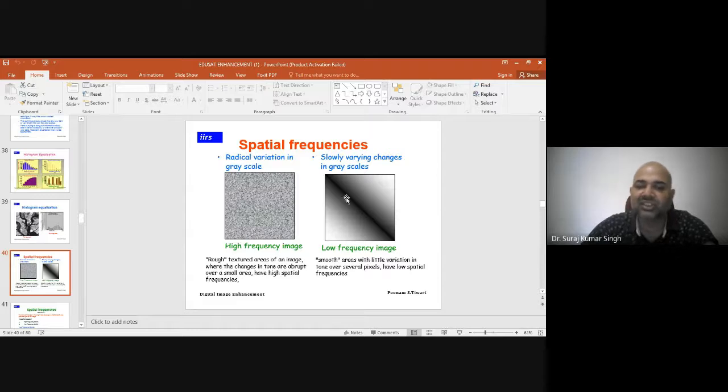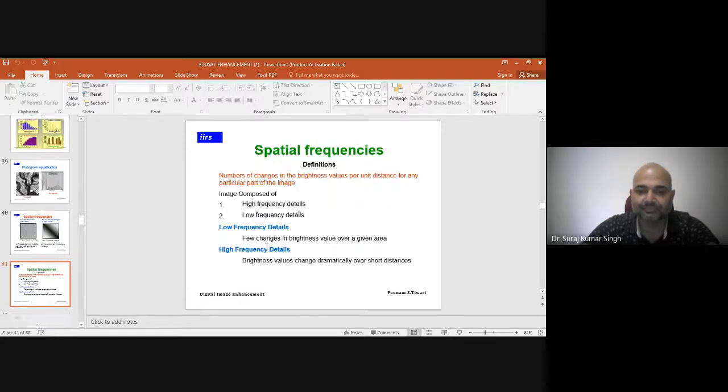So using these images, if you see an image, you can say which pixels have a high spatial frequency and which have a low spatial frequency. Low spatial frequency refers to smooth texture, and high spatial frequency denotes rough texture. Getting it?